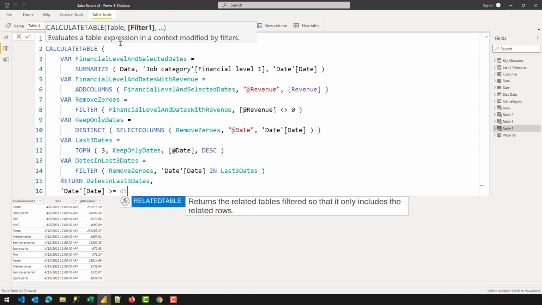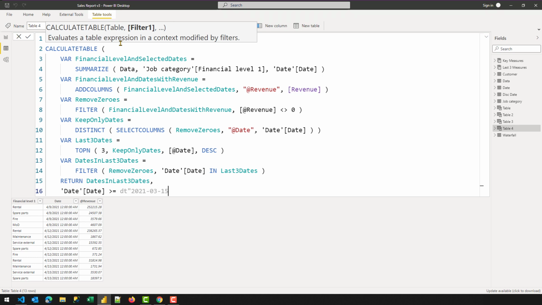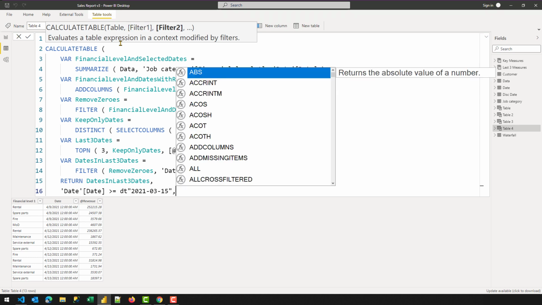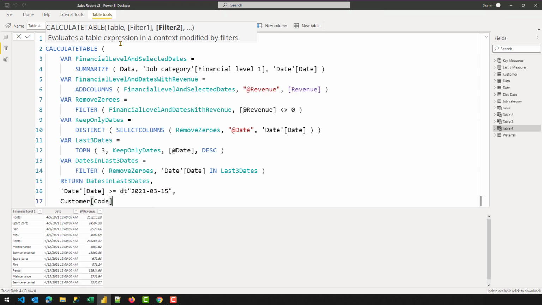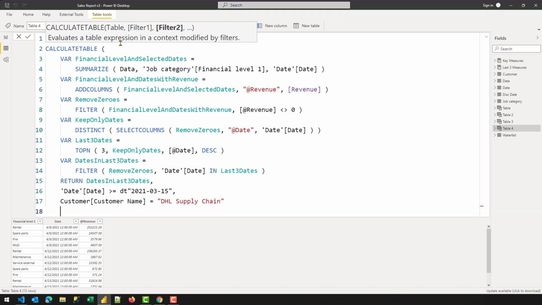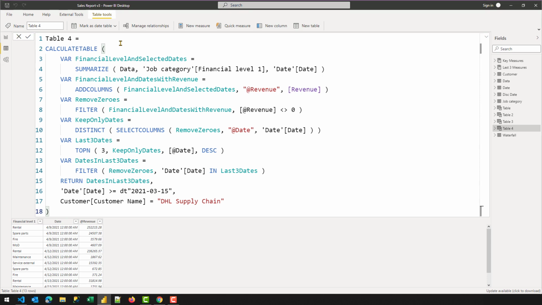I'm going to use the datetime literal, and I'm going to write that it should be greater than 2021-03-15. And also the customer name should be equal to DHL Supply Chain. So let's close that and let's close CALCULATETABLE.